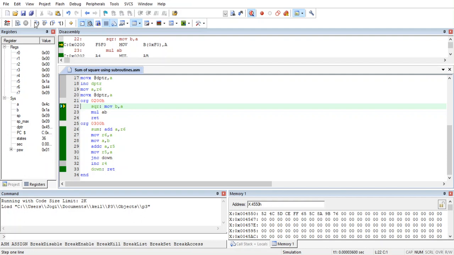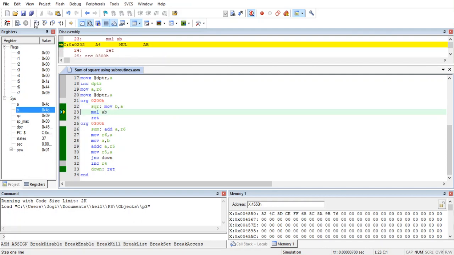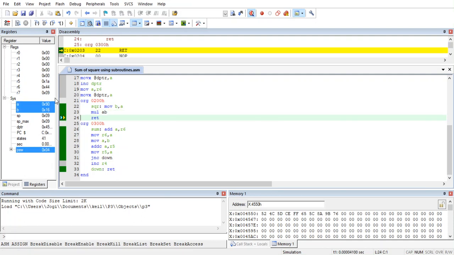Now next instruction MOV B comma A. So B also gets the value 4C. Then we have MUL AB, which gives the result in A and B together. A gets the lower byte, B gets the higher byte. So A gets 90, B gets 16.